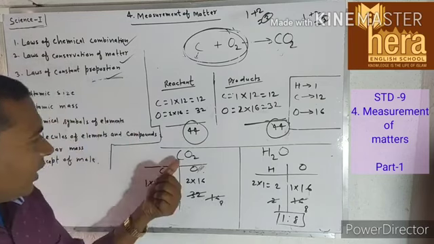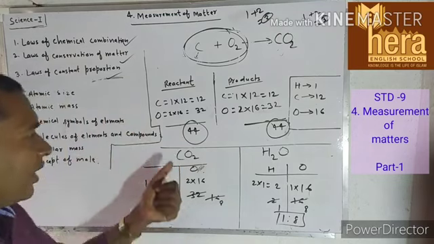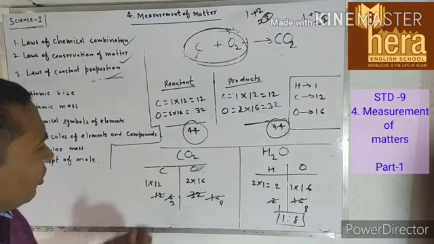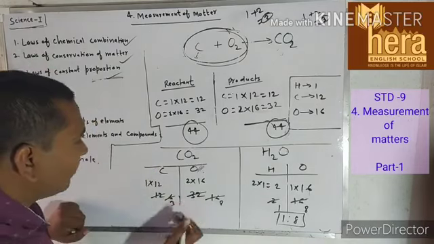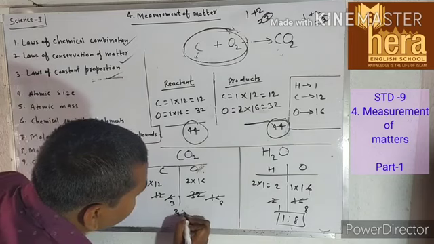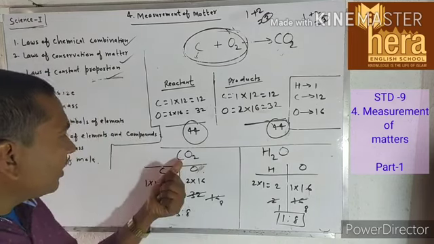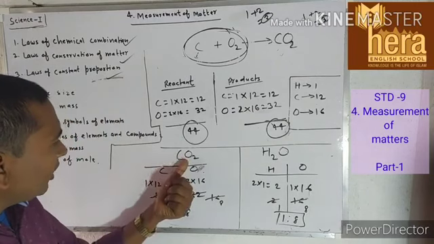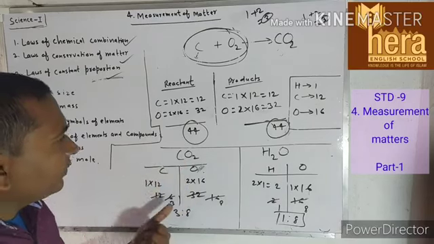It means if you want to make carbon dioxide in the universe, in that carbon dioxide the ratio of carbon and oxygen will be 3:8 by weight. This is by weight because here you found the atomic mass, the atomic weight. Okay.